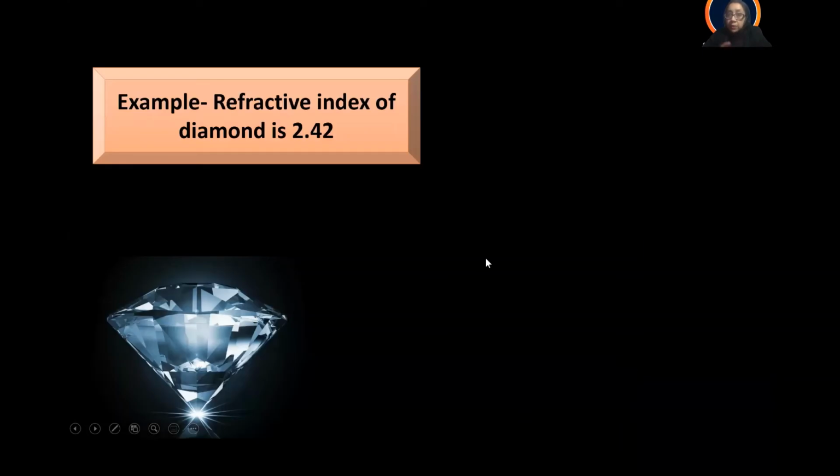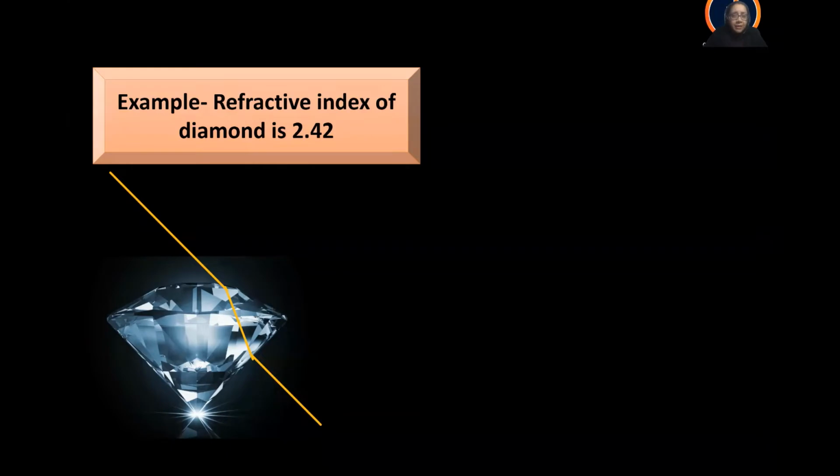Okay, let's do some examples that will clarify our concept. So let's take the example of diamond. As I told, refractive index is a property of every material. So the value of refractive index for diamond is 2.42. Now, what should we understand by a refractive index of 2.42 for diamond? Let's look into this particular problem. Whenever light strikes the diamond, for example, there is a change of speed of light, as you know already, and it causes a bending of light.